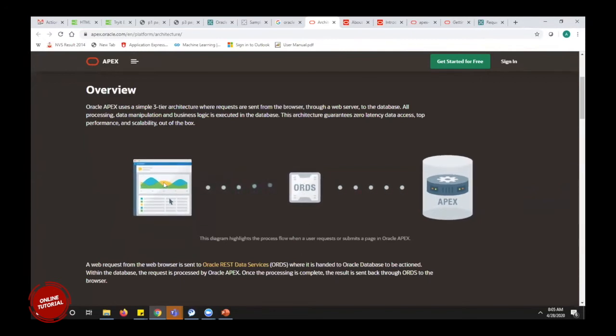Whatever request we send from the browser goes to the Oracle Apex engine through this ORDS. All the information going to and fro happens in JSON format, and it is in the RESTful services request. It is not in some other language that it interacts with.